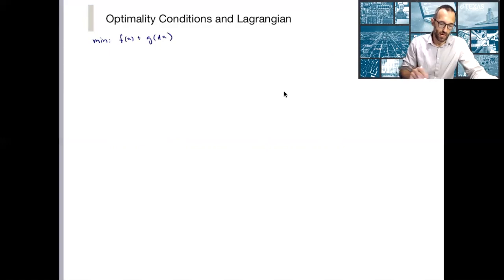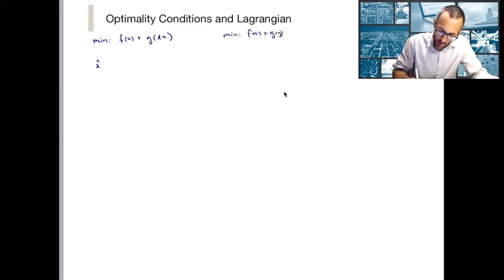And I know that x hat, which alternately I write as the constrained version, min f of x plus g of y subject to y equal to Ax. And we know that x hat is optimal